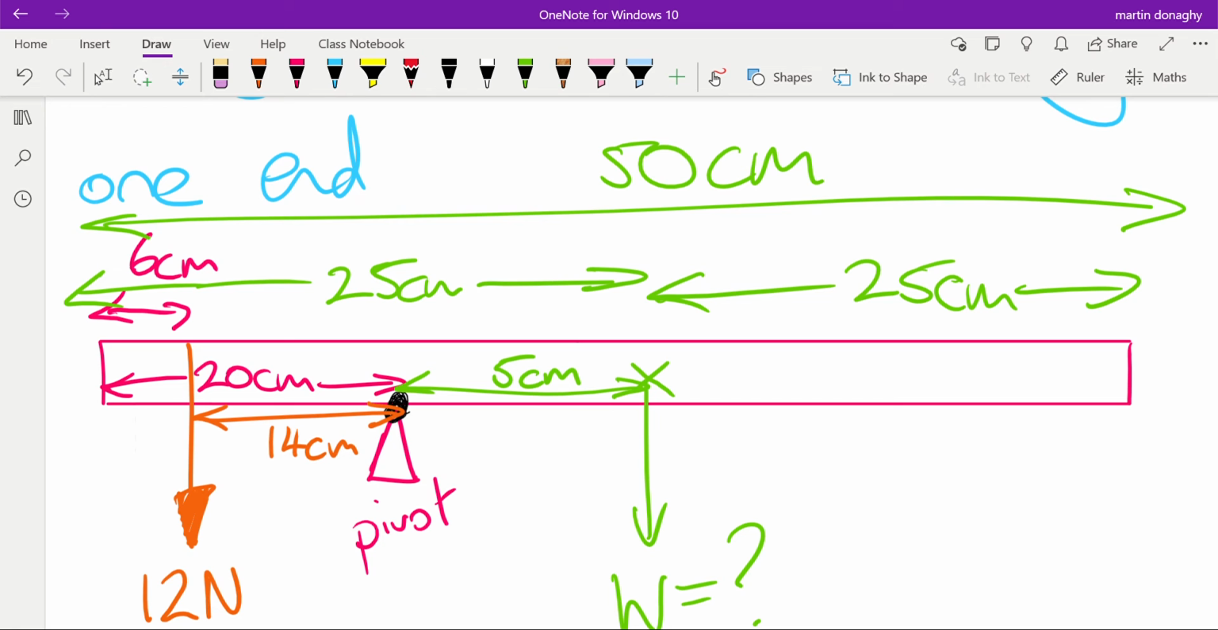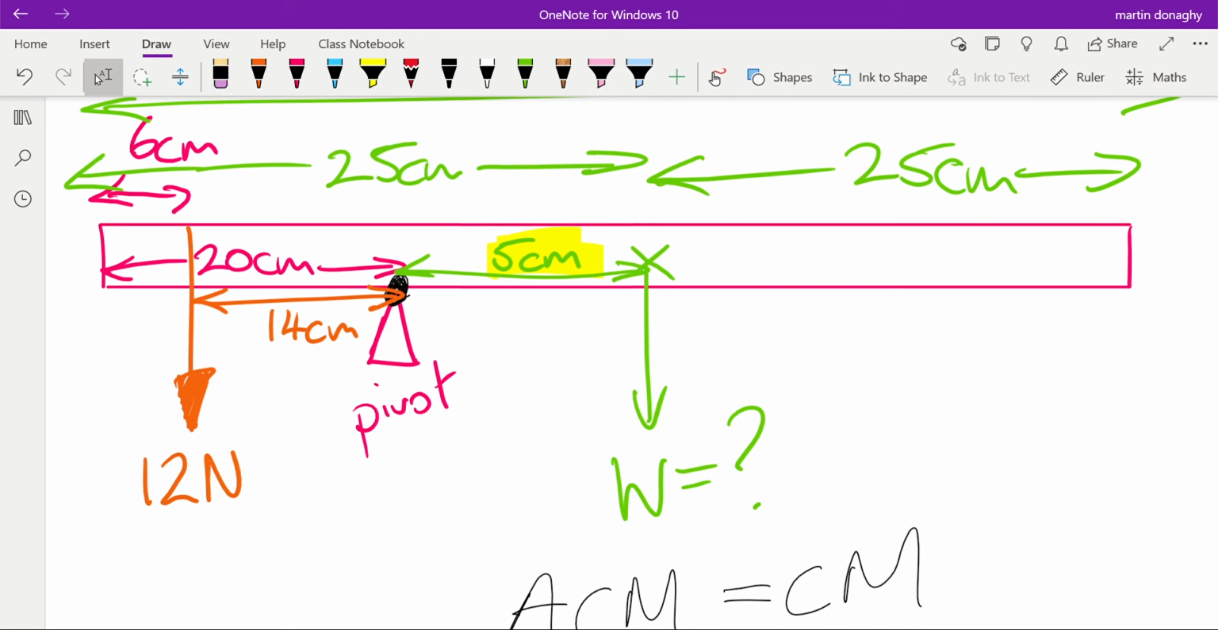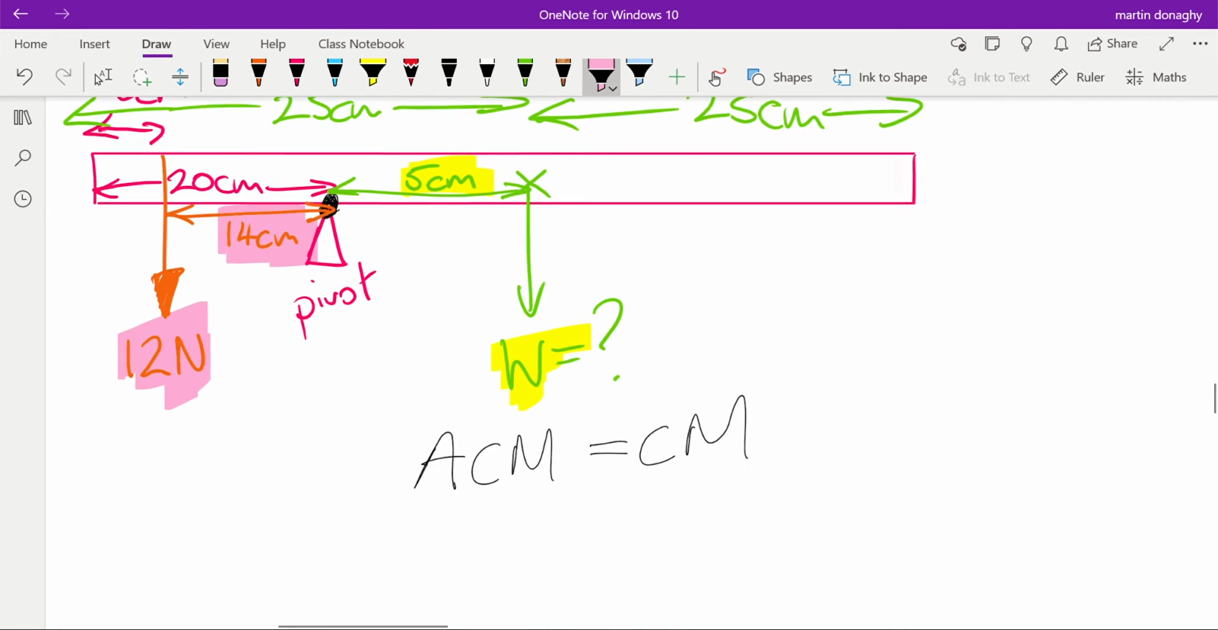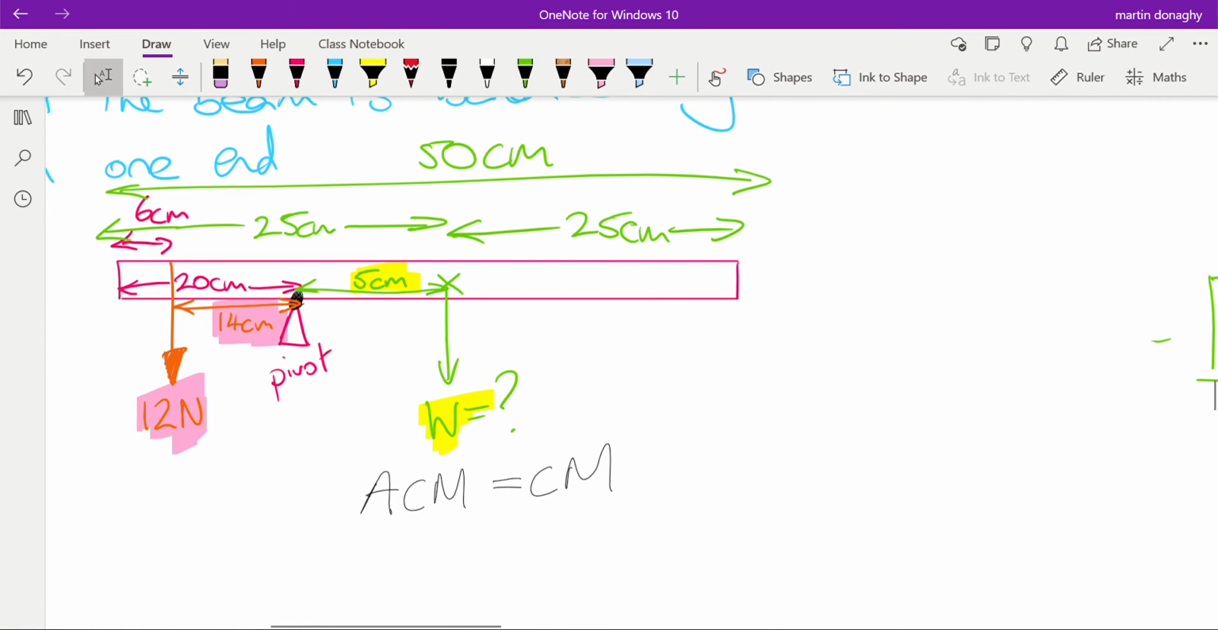And then once we have that, it becomes a much easier question. That's the hard part. So we've got this force W. The force W is 5 centimeters from the pivot. The 12 Newton force is 14 centimeters from the pivot. And after that, it's just a straightforward